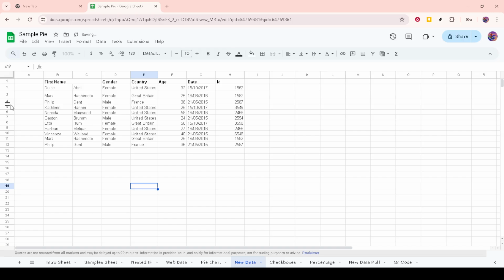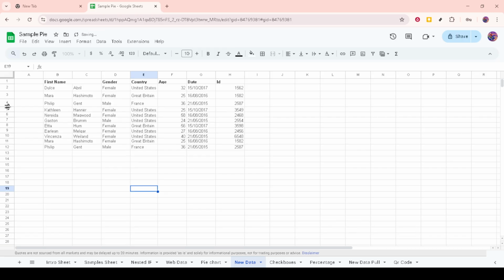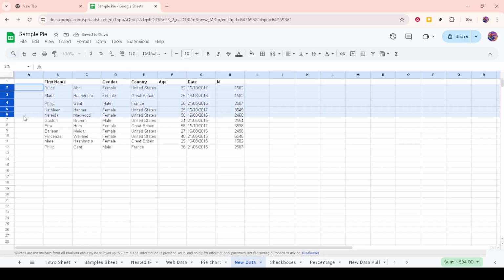If you need to adjust the height of multiple rows to the same size, you can streamline the process. Start by selecting one or more row numbers on the left side of your sheet. You can do this by clicking and dragging over the numbers you want to adjust. Selecting multiple rows saves time and ensures consistency across your dataset.